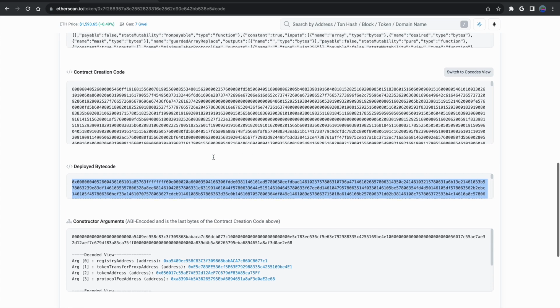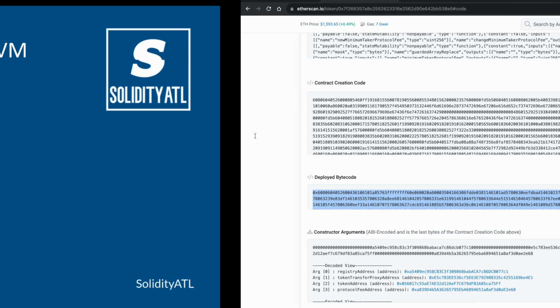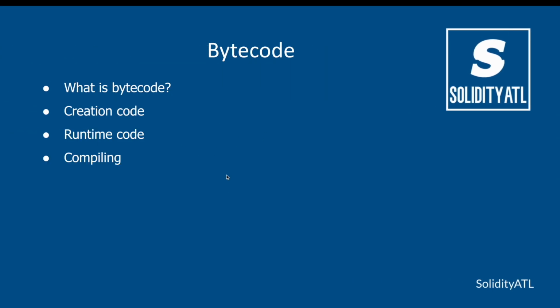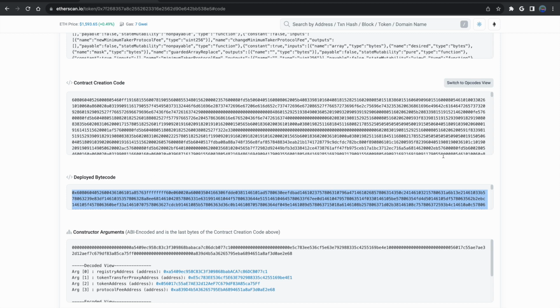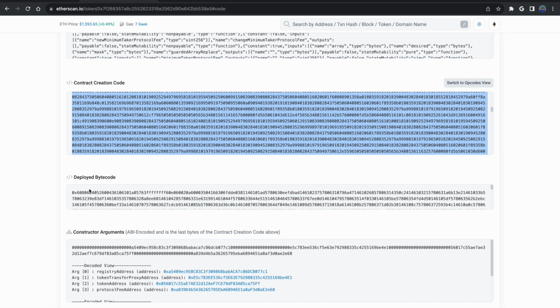Another thing to talk about is the fact that there's a difference between contract creation code and the deployed bytecode. Whenever the contract is being created, that bytecode is a little bit different than the actual deployed contract code. And for those of you who are wondering, what is this? This is the instructions for the Ethereum Virtual Machine for when someone is interacting with your smart contract.